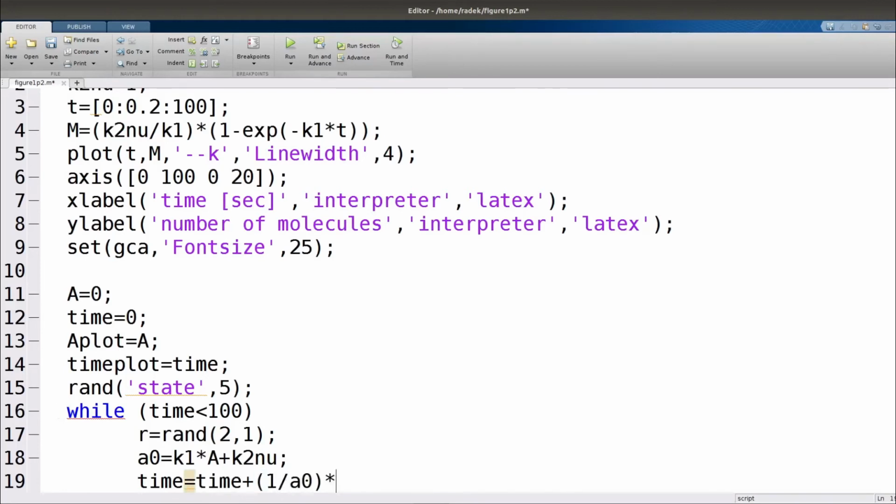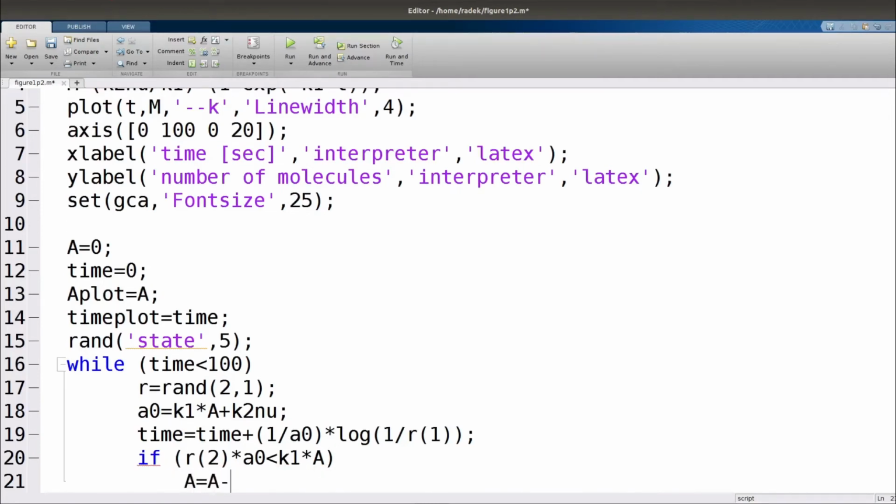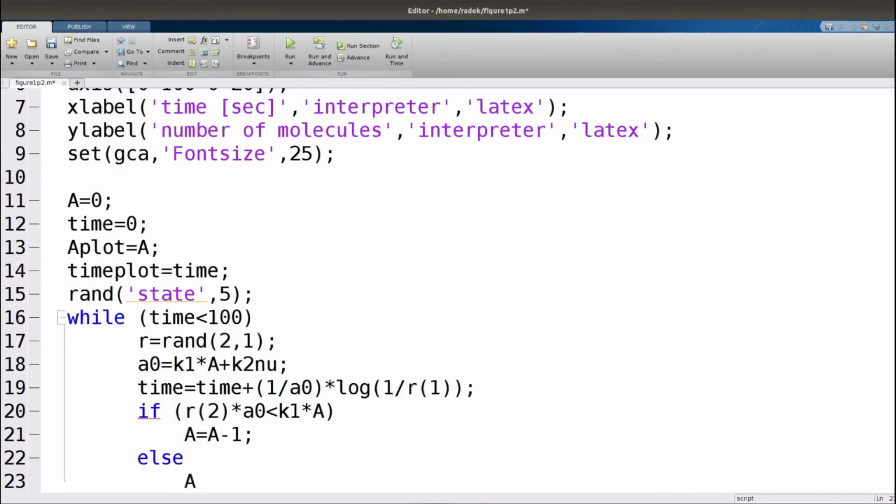Time to the next reaction is an exponentially distributed random number computed as 1 over A0 logarithm 1 over R1. And then we use the second uniformly distributed random number R2 to decide whether it was degradation, where we remove one molecule of A, or production, where we add one molecule of A.